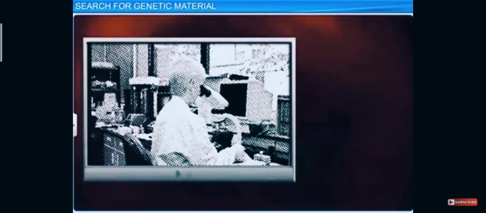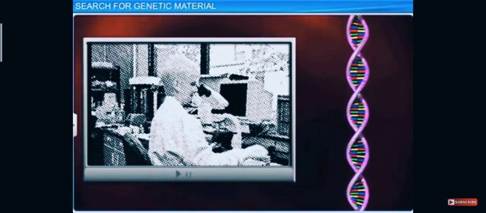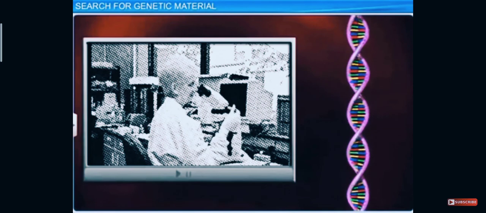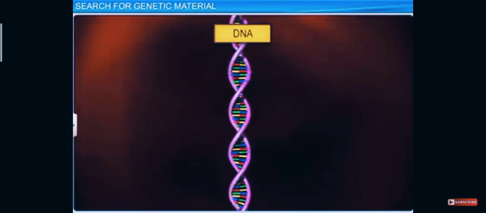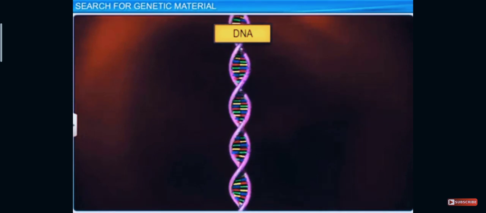Nevertheless, many biologists were still unconvinced that DNA is the hereditary material. And so the search for genetic material continued for several years and was concluded with the discovery of